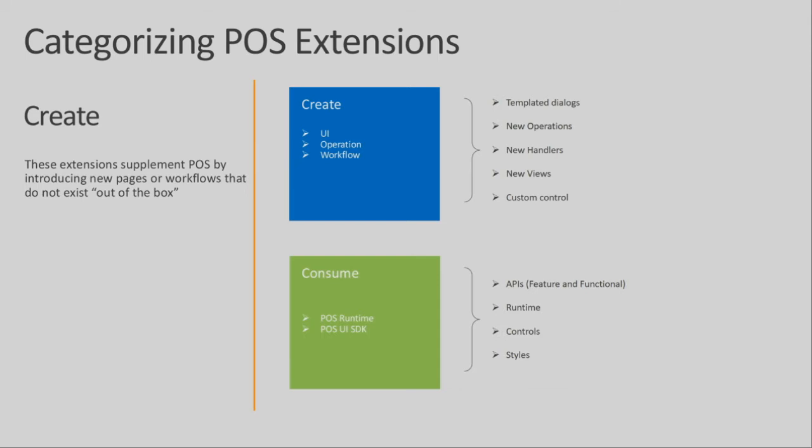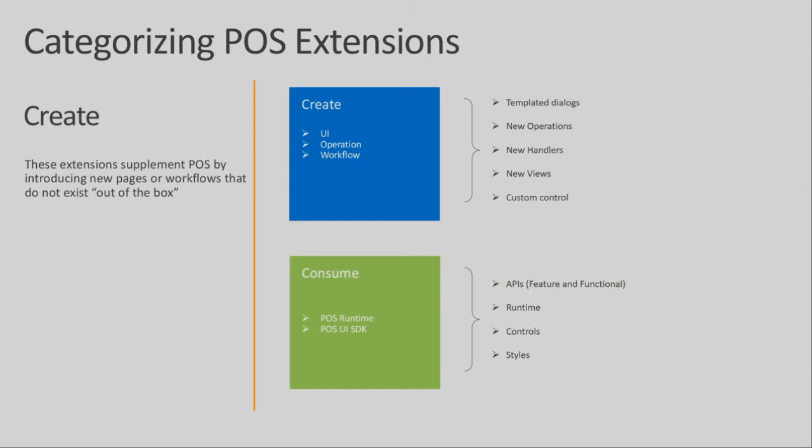And in the consume part, you can consume our APIs. So for example, when I say APIs, like void line or get price information, all those we made as an API. So in your extension, in any case you want to void a line or change quantity, you can use our APIs and do it. To execute all that, we added a runtime, so there is post xdk.runtime. You can call our runtime to change any of the workflow.